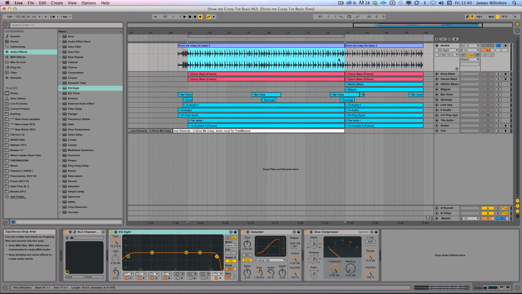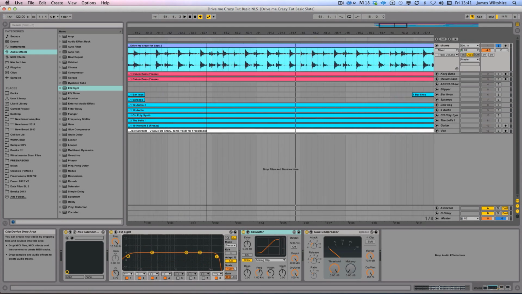Now you will notice I've got the Waves NLS channel on here. Don't worry about that, I'll show you why we've got that in a minute, because that's set up across the entire page. But just for now, just concentrate on these three. So first of all, I'm going to have a look at the Saturator. Just play our drum track through in its bare form. Okay, it's nice, but it needs some weight, and as all digitally created drum tracks are, it tends to be